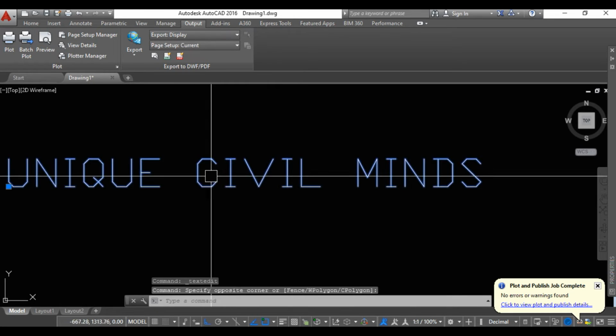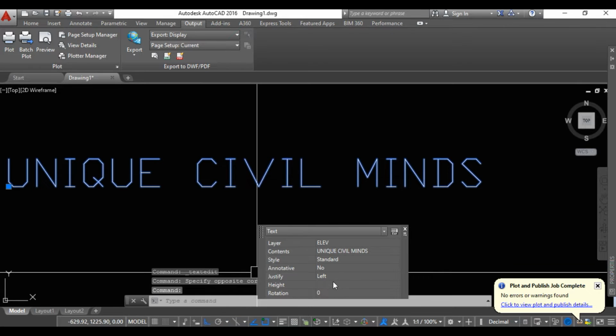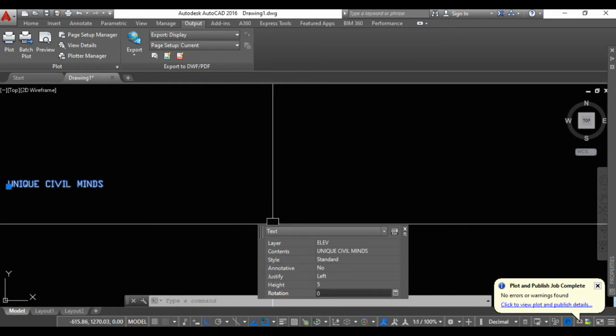But when you select this one by pressing right click, here you are going to get the quick properties. Under this I can reduce my size. I will give the 5 enter. So now the size has been reduced, right? And again you are not going to see any of the colorings. If you want to rotate, you can rotate, right? Colorings are not available.